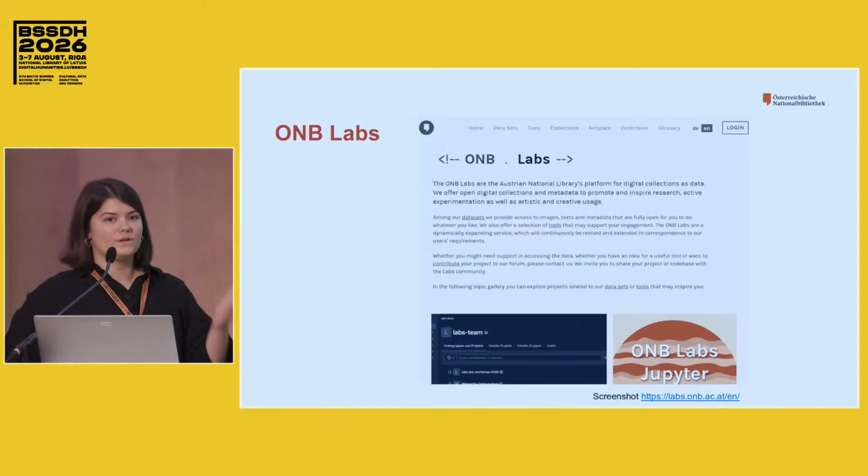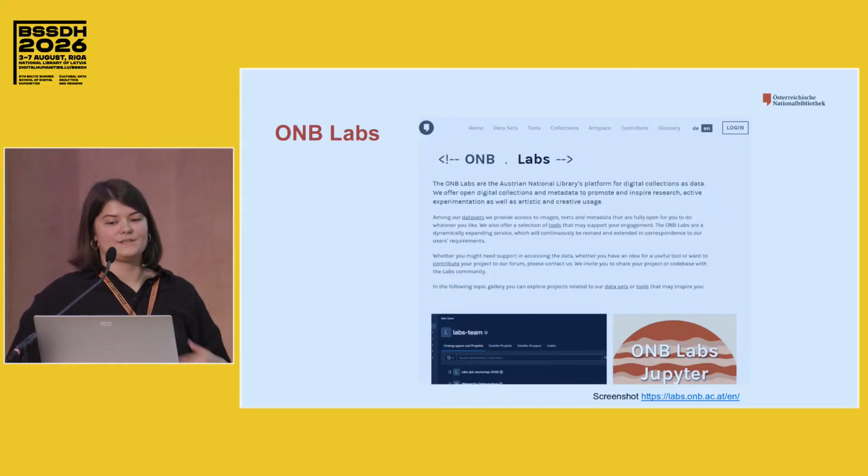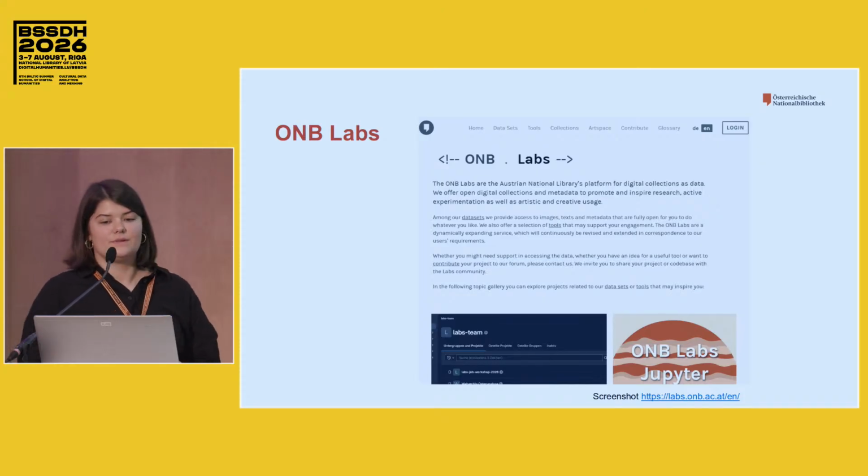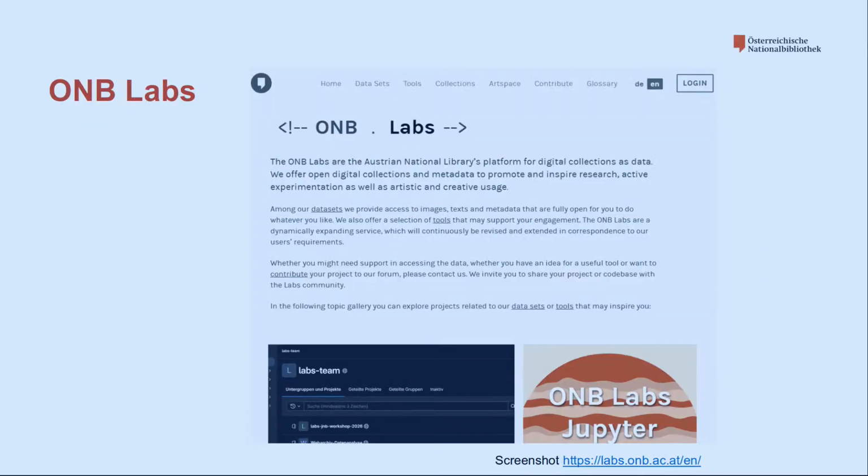Okay, so then I will continue with the second project I told you about. Simon talked a lot about one collection, but in the National Library we also have various other digital collections. So where are they published? That's why we want to present you the ONB Labs, which is the library's platform for exactly this